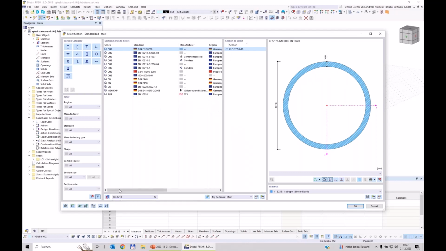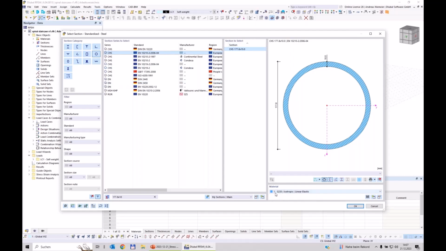And you see, as I define it here in this box, the program will reduce the cross-section library only to these elements that fit. So I can select now, for example, from this European catalog, this cross-section here,